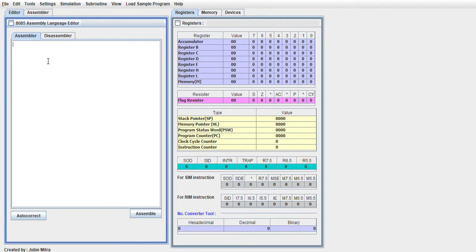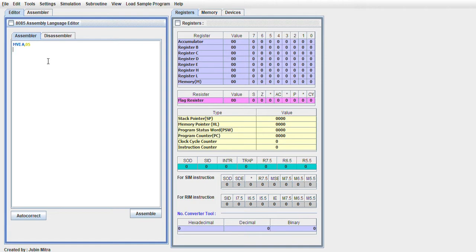If we want to multiply a number by 2, we have to rotate the number by 1 bit position. If we want to multiply that number by 4, we have to rotate 2 times towards left. So we want to multiply 05 and 04. Firstly, we will get the first number into the accumulator: MVI A, 05.